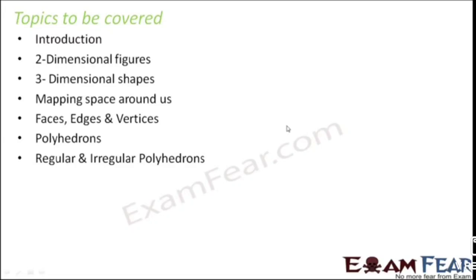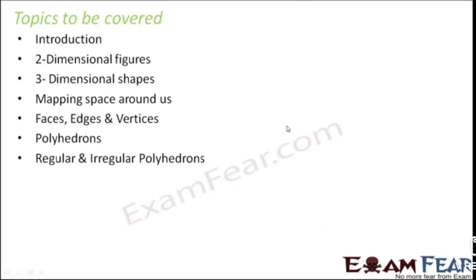Okay, now in our previous video, we have finished the second chapter. Now we have to start our new chapter, that is chapter number 9, 3D visualization. In our day-to-day life, we see many examples of 3D. What is the meaning of 3D? A 3D object means having length, breadth and height.